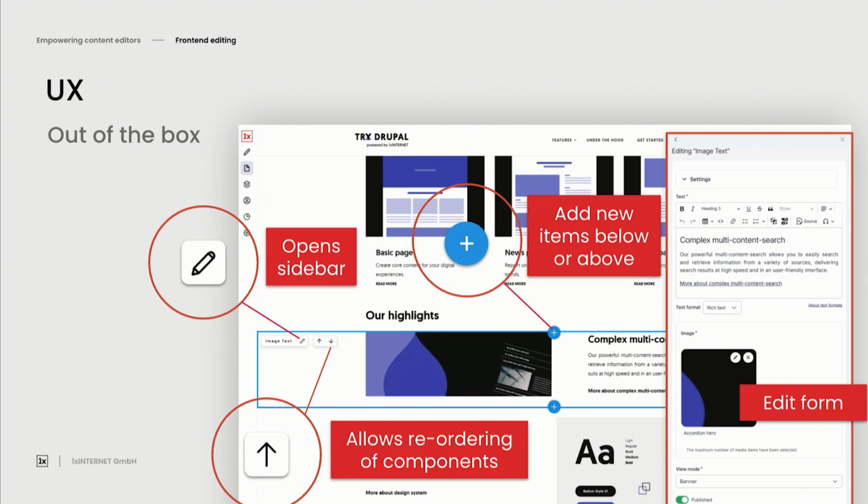Now, the next one I want to move on to is the pencil icon, the edit icon, probably the one that we'll be using the most. And this just opens this edit form on the right, this sidebar. Now, I'll be going over a little bit more into the different configurations you can have with this form here,